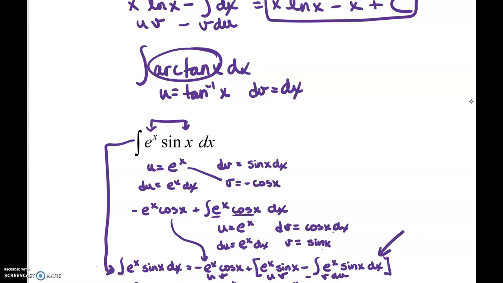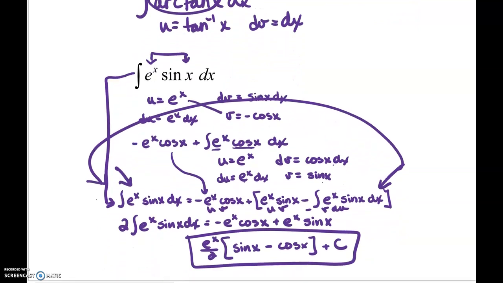Here on the right-hand side, I have a minus e to the x sine x, and I have one over here on the left-hand side. So when I loop that integral over here, and I call this a loop-de-loop, I have two integrals of e to the x sine x dx. I bring my two terms that don't have the integrals down, and my final answer is divided by 2,